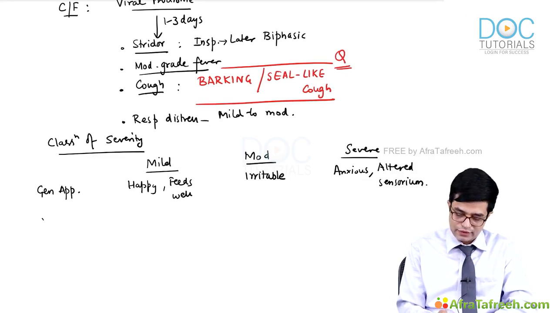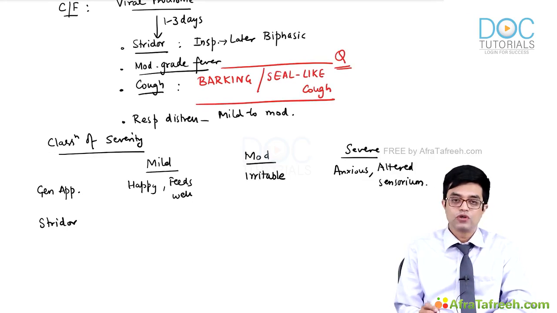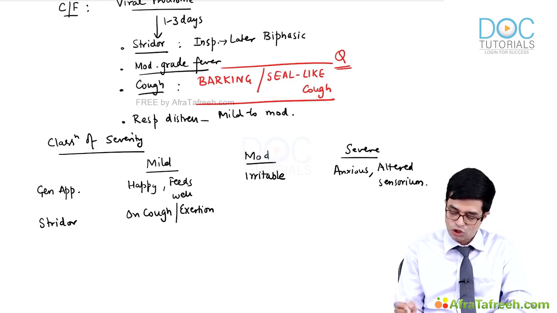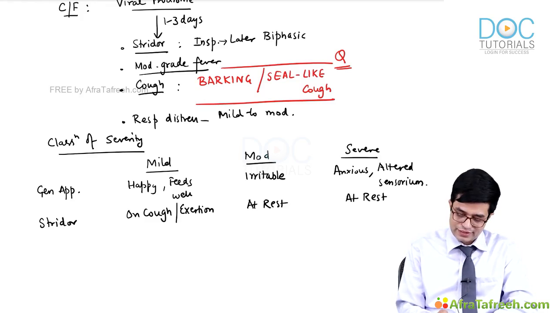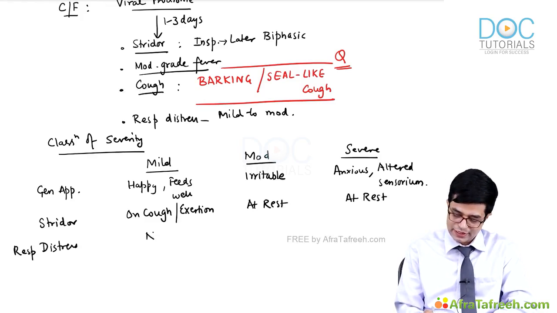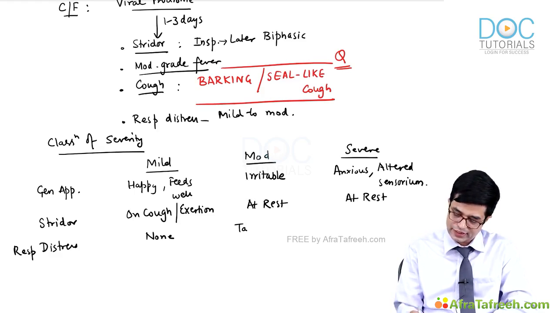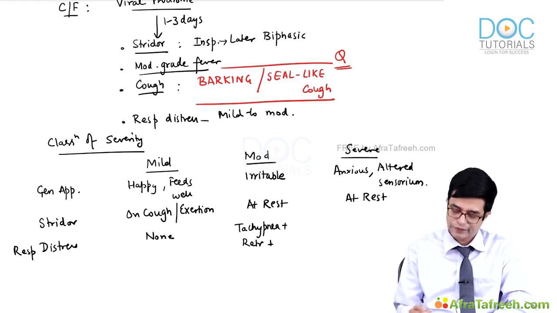Then we look at the stridor. In mild croup, the stridor is present only on coughing or exertion. In moderate and severe, stridor is present at rest. So this is very important. Then distress. We look at the respiratory distress. It is not present in mild. In moderate, there is modest respiratory distress. Books say there is tachypnea and there are retractions. In severe croup, there will be severe tachypnea